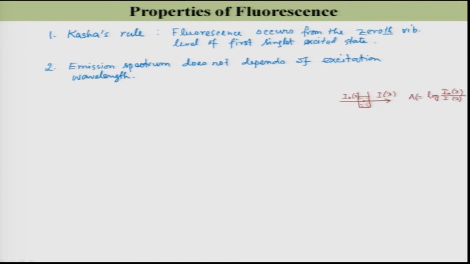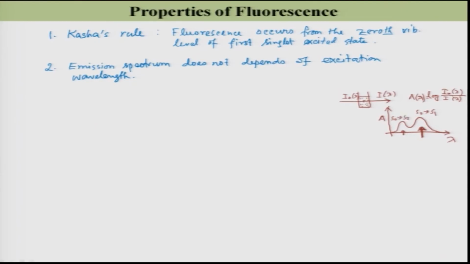So, this is a function of lambda then, right. So, a plot of A versus lambda will give you the absorption spectra of the sample, right. So, let us say this is how it looks like. So, when you excite over here, you are exciting from the ground electronic state to the first singlet excited state. So, this is my S0 to S1 transition, right, and in this case this is my S0